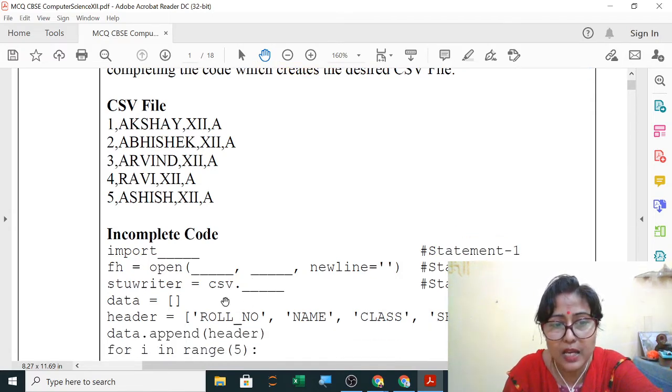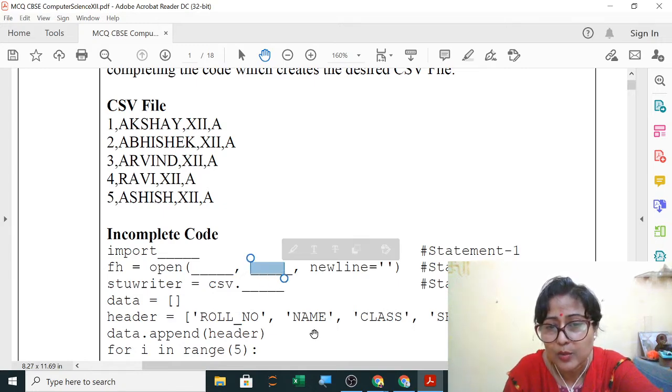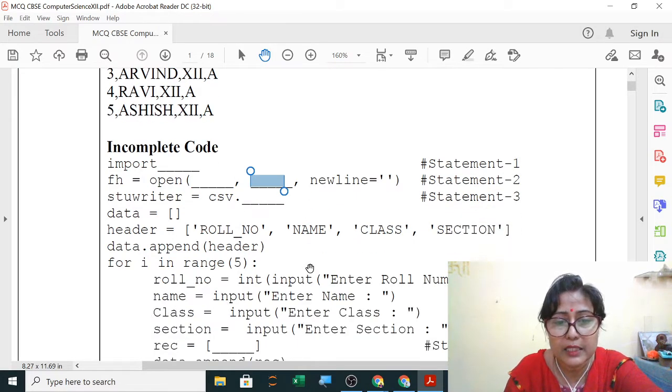Then this file you are using to write. So for writing, what do you write here? csv.writer. And the second argument for writing in a file will be w. Very good. Clear? So this will be w, this will be writer.